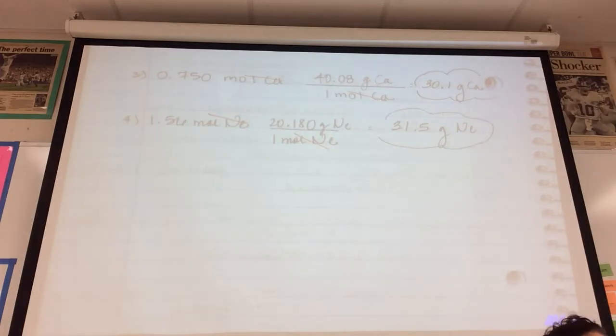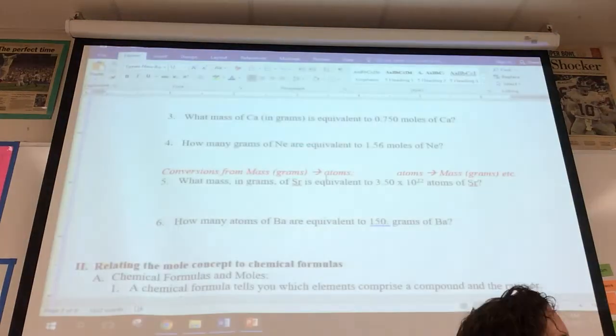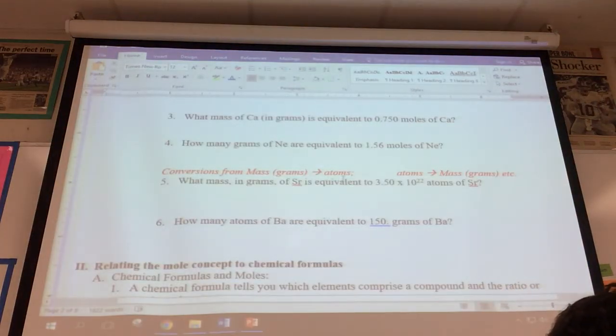The last thing we want to look at is going through the mole. You can be given the mass in grams and want atoms, or you can be given atoms and want the mass in grams. If the atom is given or asked for, but it sets up against grams, that is the mass in grams, you're going to need multiple steps. So we're going to do 2 easy conversions from mass in grams to atoms, or atoms to mass in grams. Either way, you're going to go through them all. These are going to be 2-step